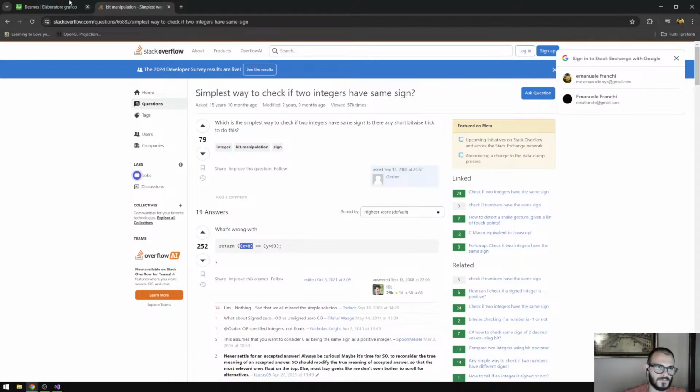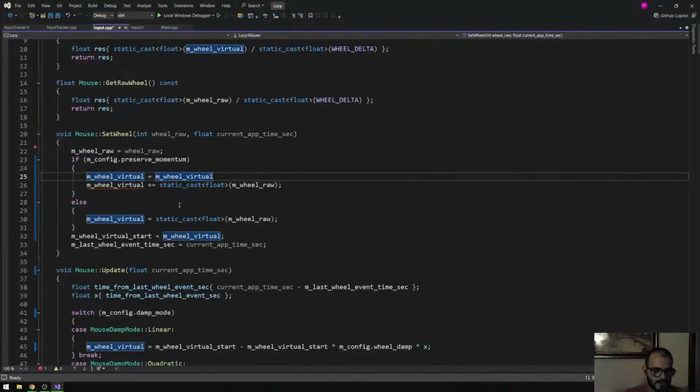Okay, so fantastic. So if the wheel virtual less than 0 is different from